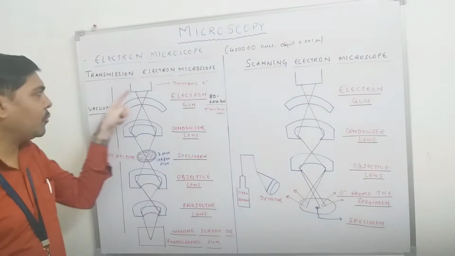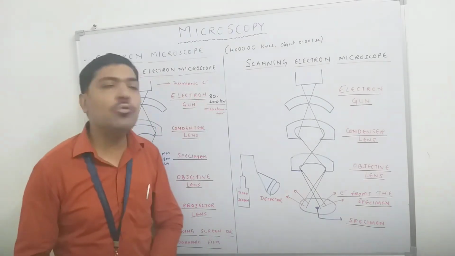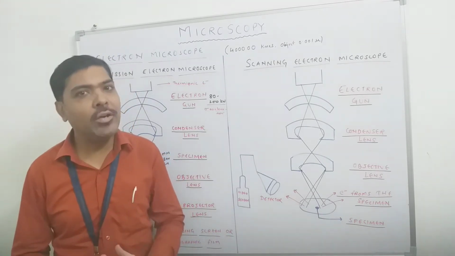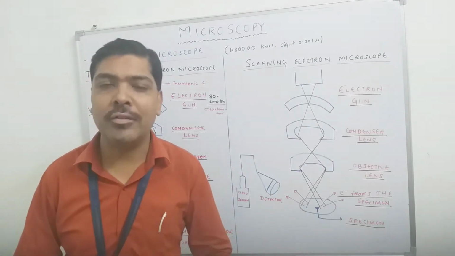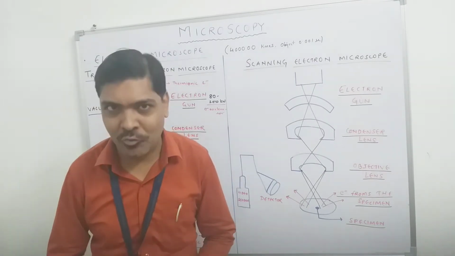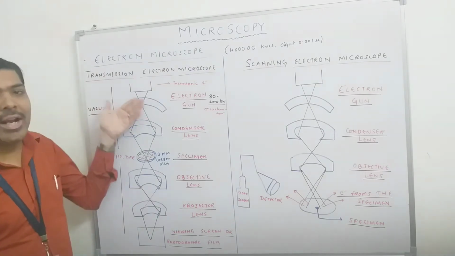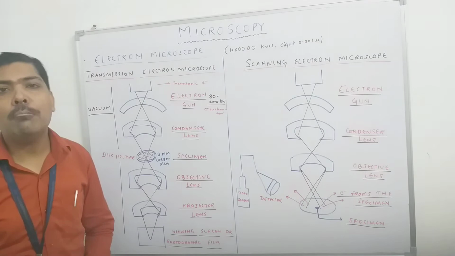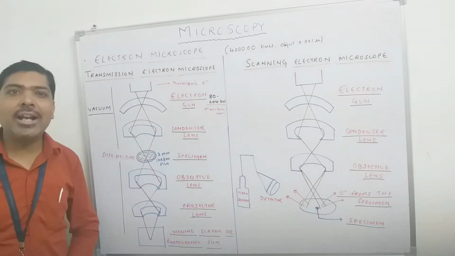So here we have to put the accelerator also, and for the acceleration, around 80 to 200 kilovolts is actually applied. So there are two units. Number one, the unit that generates the thermionic electrons, and the unit that accelerates these generated thermionic electrons. Once these electrons are generated, they are allowed to enter the main portion of the transmission electron microscope. Now there are different arrangements of lenses available.